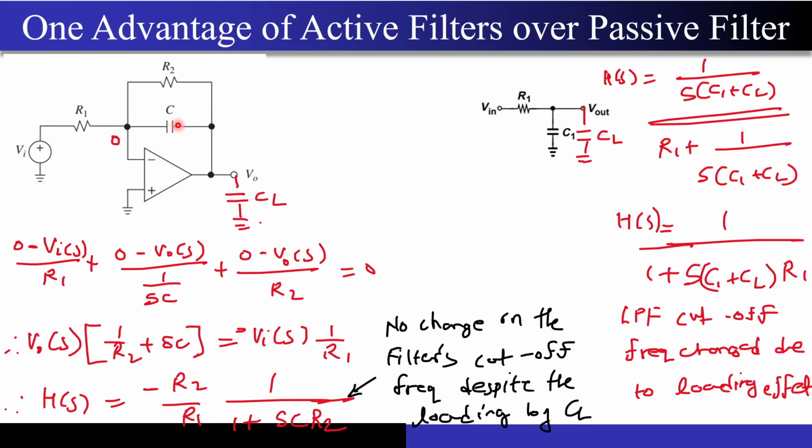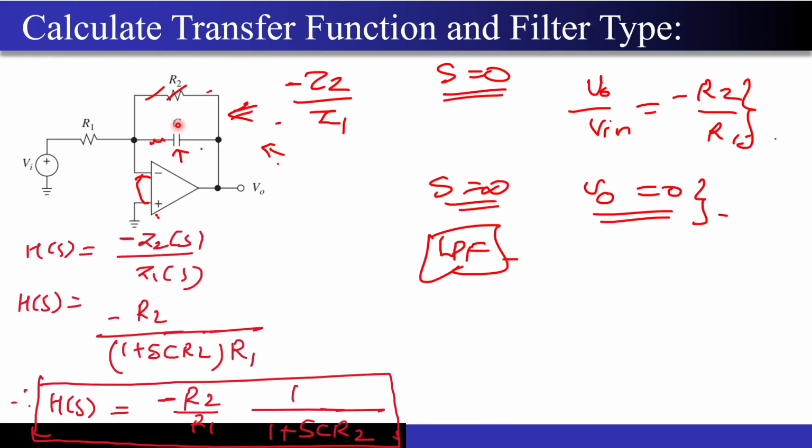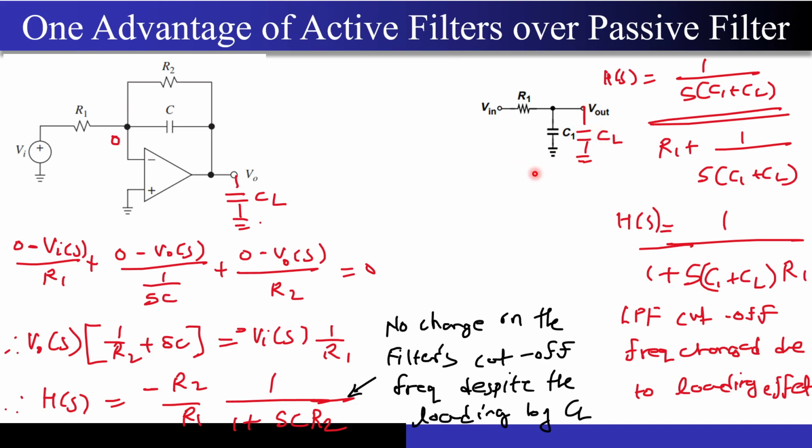Correct? Now coming to what is the advantage of using this particular circuit with respect to the passive RC circuit, right? Both of them are giving me the low pass filter response. So now what I am doing, I am just connecting a load capacitor over here. Who will be giving this load capacitance? You have to first think, where do we use these circuits, right? We use these circuits at the baseband, and these circuits will be driving the analog to digital converter. So the input capacitance of the analog to digital converter will be nothing but the load for these filters, right? So now this CL you can think as the input capacitance of the analog to digital converter.